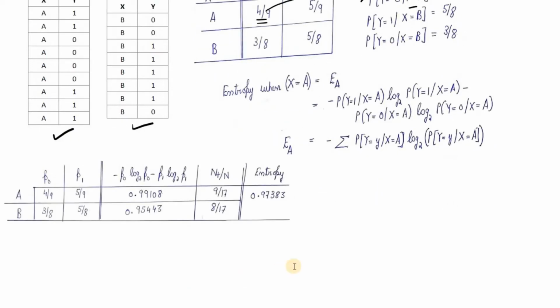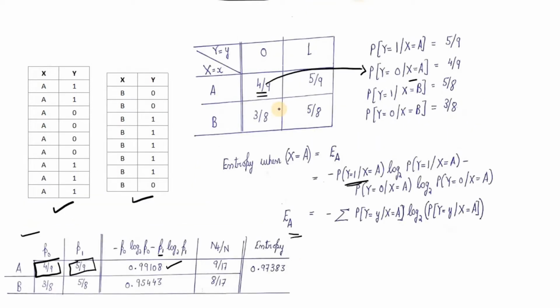Now if I have to calculate the entropy values similar to the way we had been doing till now, this is exactly how we will be calculating it. Over here, if you carefully notice, the value of 4 by 9 is a conditional probability. We first assume that the value of x being equivalent to a is taken, and then we try to find out what is the probability the target is going to be 0. Likewise, the value of 5 by 9 is again a conditional probability. It means that the value of a is already taken by the feature, and what we want to know is what is the possibility of y taking a value of 1, and then we find out the entropy corresponding to a. Exactly, we are going to do the same step over here, but we will be generalizing it